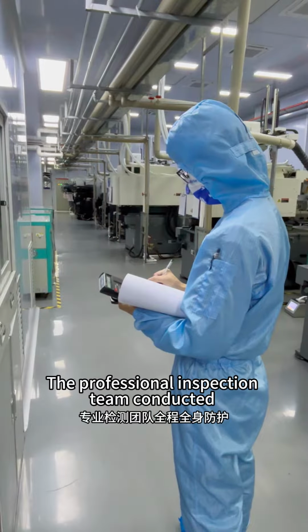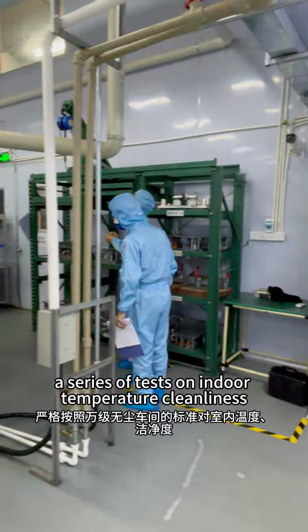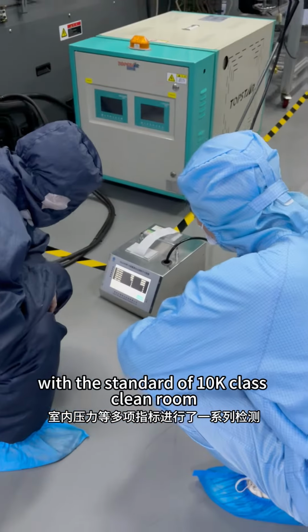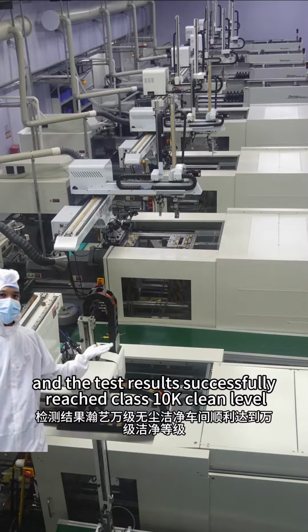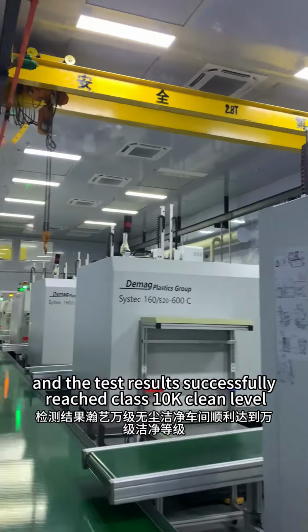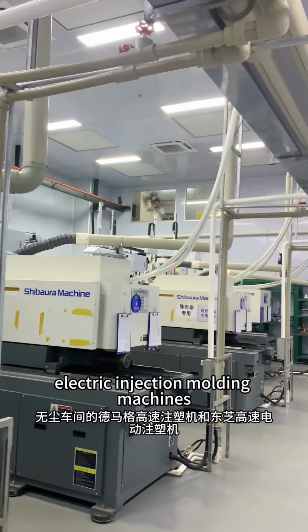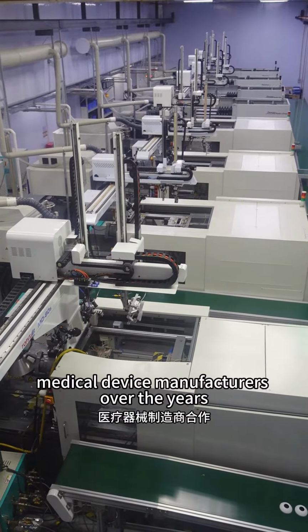The professional inspection team conducted a series of tests on indoor temperature, cleanliness, indoor pressure, and other indexes in strict accordance with the standard of 10,000 grade class clean room, and the test results successfully reached class 10,000 grade clean level. We have Damac and Toshiba high-speed electric injection molding machines and have cooperated with many famous medical device manufacturers over